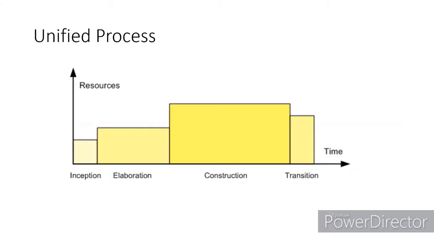So what it can include is an inception stage within development, an elaboration stage, which is requirements elicitation, a construction phase, which is data development, and a transition stage, where, for example, the Prince2 methodology has different